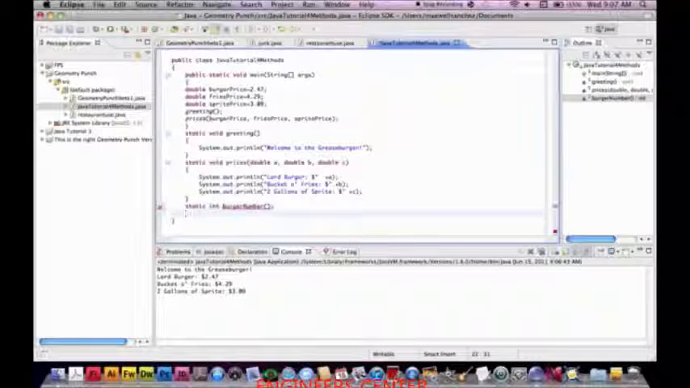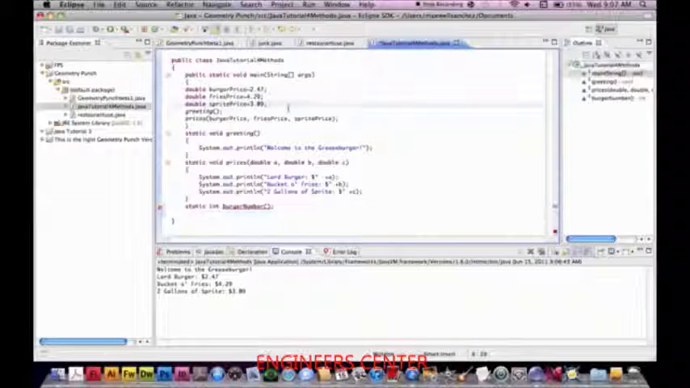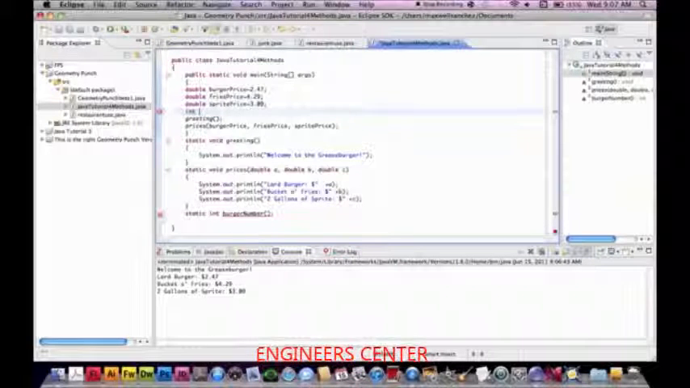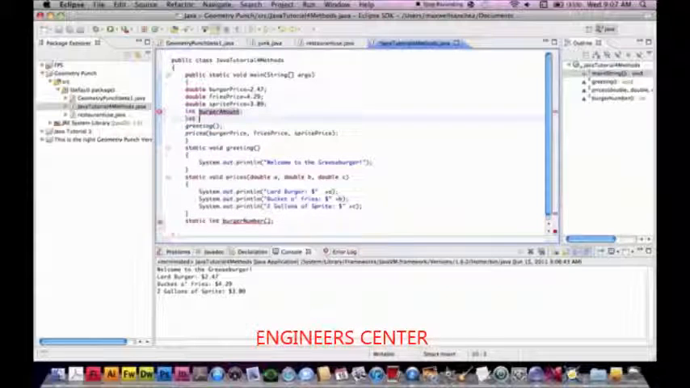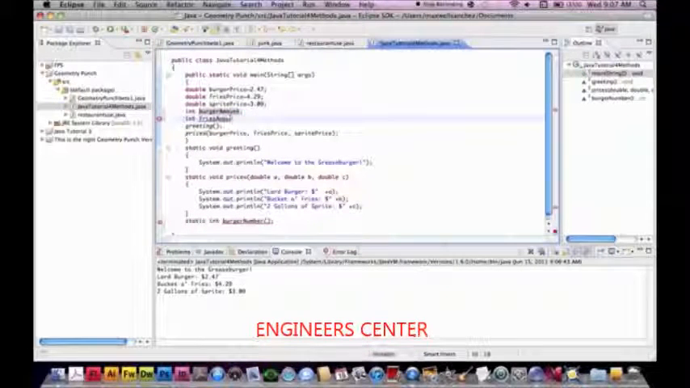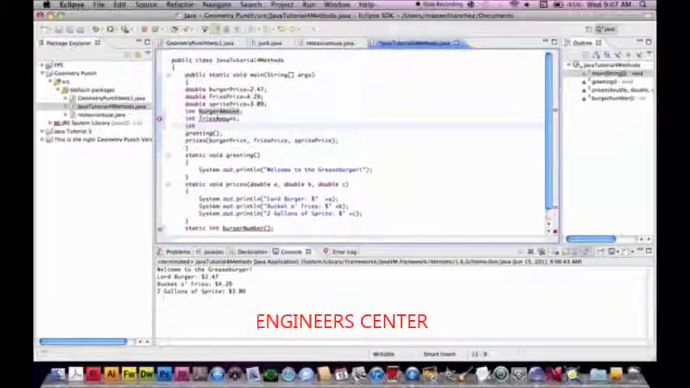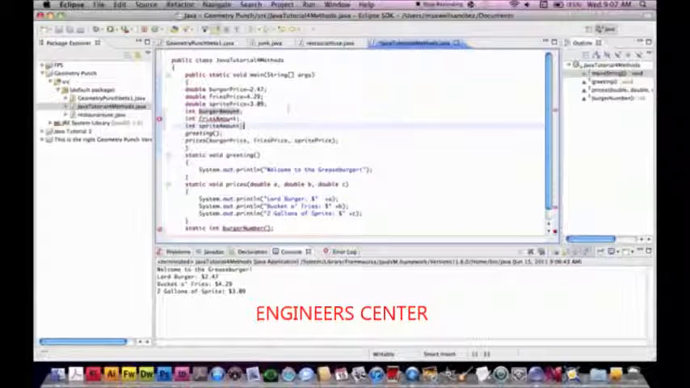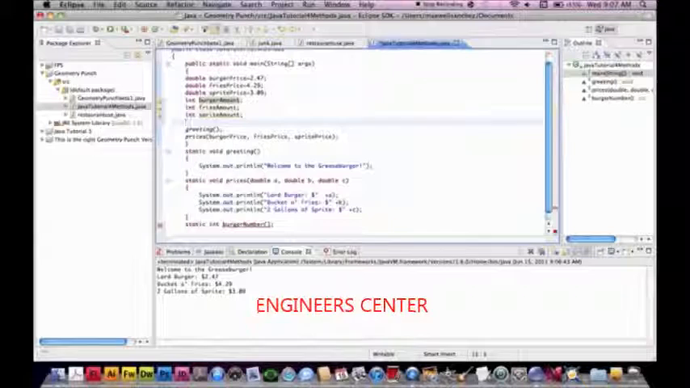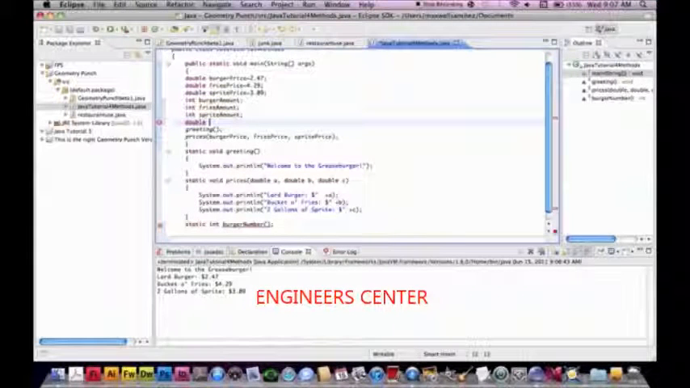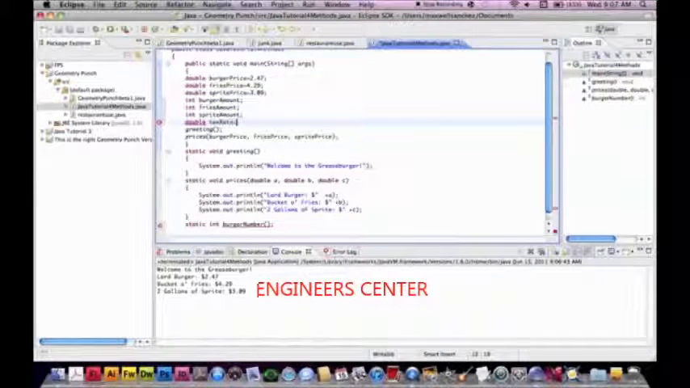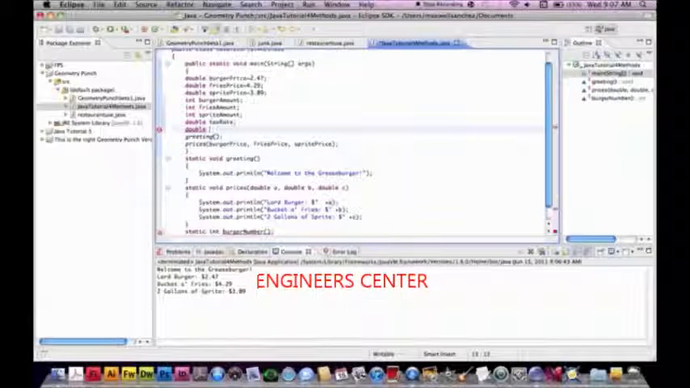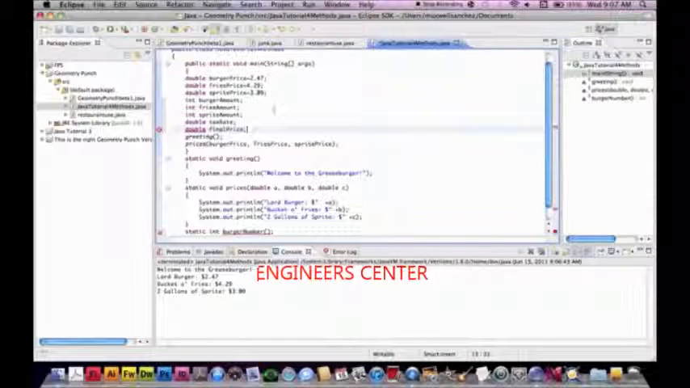and we're not going to pass it anything, with good reason. We don't need to pass it anything, but it is going to return a number. So we'll do int burger amount, int fries amount, and an integer of Sprite amount, just like that. We're also going to do a double of the tax rate and a double of final price,